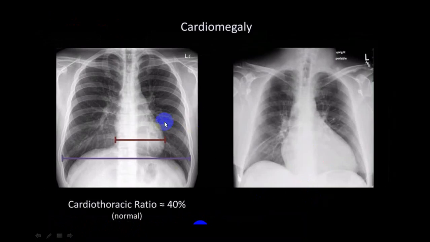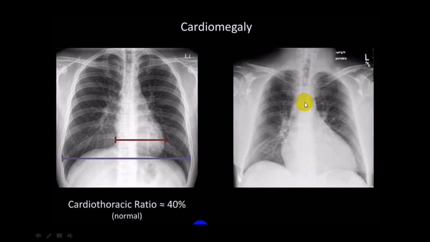Now again, this is not a good technique. You have measured the internal diameter of the thorax and you are measuring by one single straight line. So this one single straight line, again this is a wrong technique. Don't use this. Again you can see here, if I draw one single straight line here, or should I draw one single straight line here, it becomes difficult.